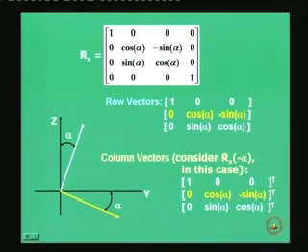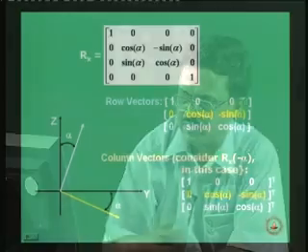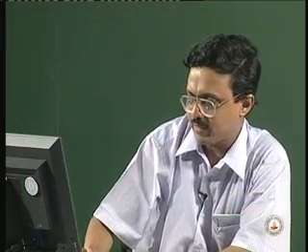You can copy this figure and the corresponding row vectors, column vectors, and keep checking it yourself with both positive alpha and minus alpha rotation. Of course, you can use R x, R y, or R z, you will also get the same effect. Okay. So,